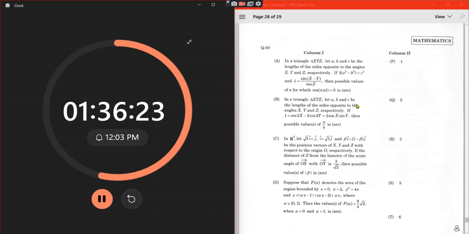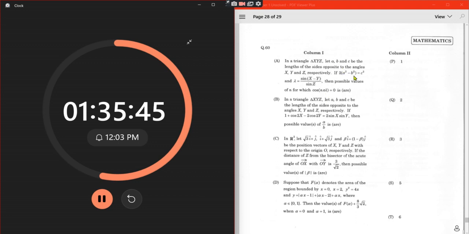So XYZ, a, b, c, the lengths of sides opposite to the angles XYZ, if 2 times of a square plus b square equal to c square and lambda equal to this thing, then the possible values of n for which cosine of n pi lambda equal to 0 is. Okay, एक triangle XYZ है, a, b, c lengths of sides opposite to angles XYZ. Okay, if so we should draw this out, X, Y, Z, A, B, C. Okay, if 2 times of a square plus b square equal to c square and lambda is equal to this, lambda equal to sine of,